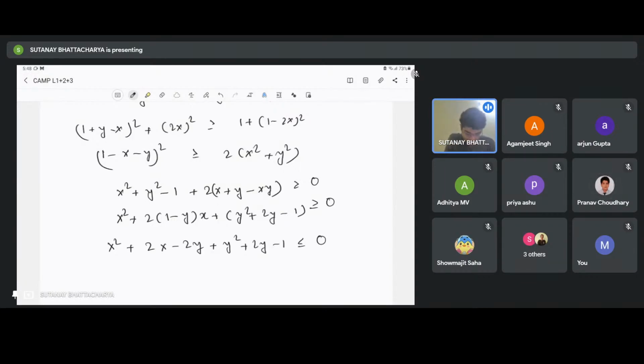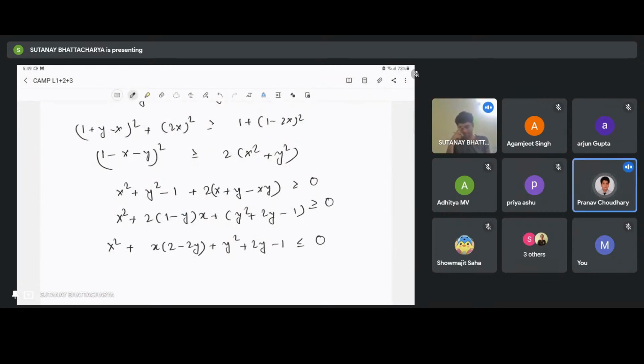There should be an XY term somewhere. Did I write what exactly you said? Oh, I said it's x, like in the second and third term, just x times 2 minus 2y. Yes, this is more like it, which is just factorable. So I'm just going to write this as